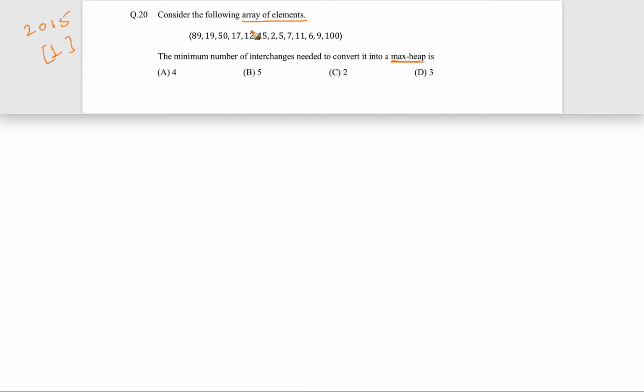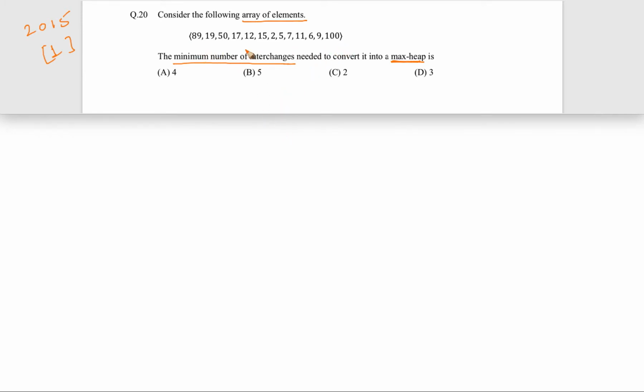So basically, as of now, definitely it is a representation of a max heap, but it is not completely correct. Some of the elements are not at the right place, but the structure is given as a max heap and we have to adjust it, basically fix it to get a max heap. They are asking what is the minimum number of interchanges needed in order to fix this to a max heap. So definitely this will have the structure of a max heap.